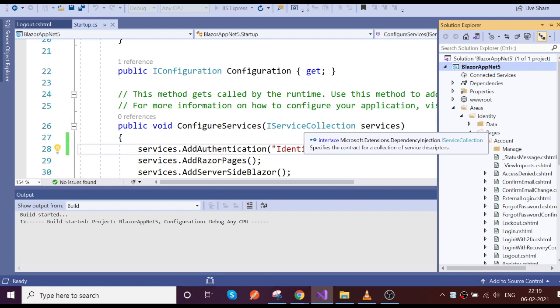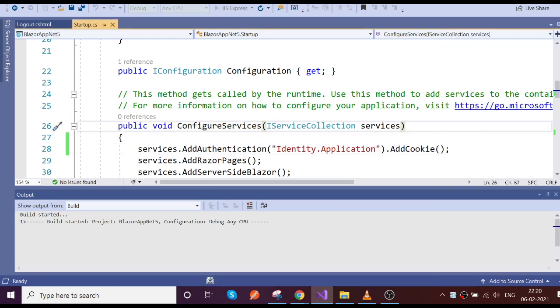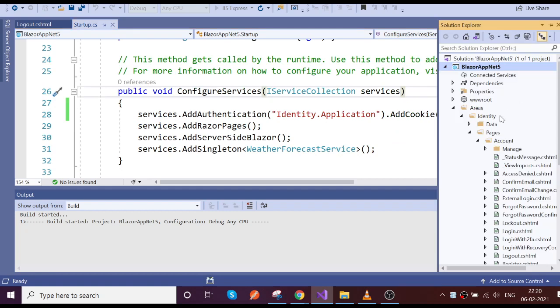Please watch the previous sessions, as this is a continuation of the previous session. In the last two sessions we saw how to set up the identity projects and how to use the default register and login. It's not like the before versions, where everything was included, so you have to include this by using scaffolding.